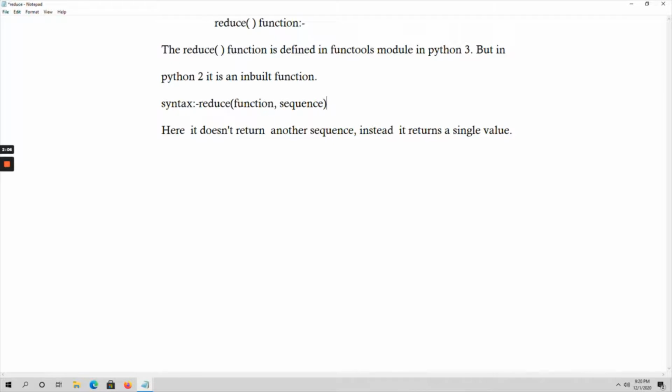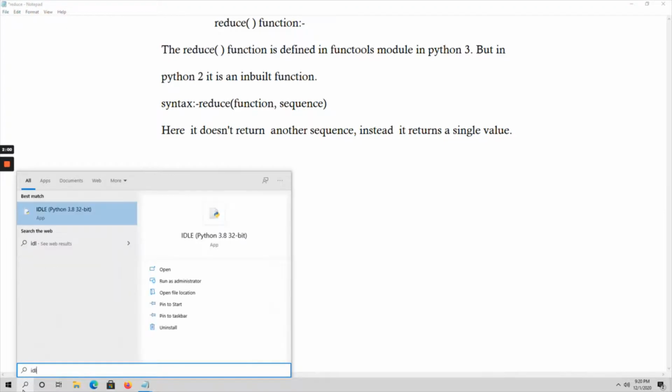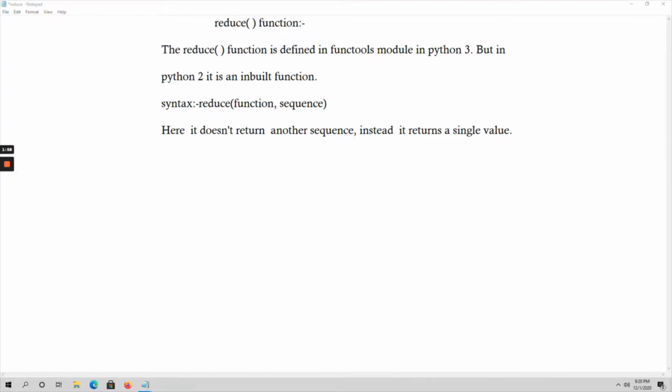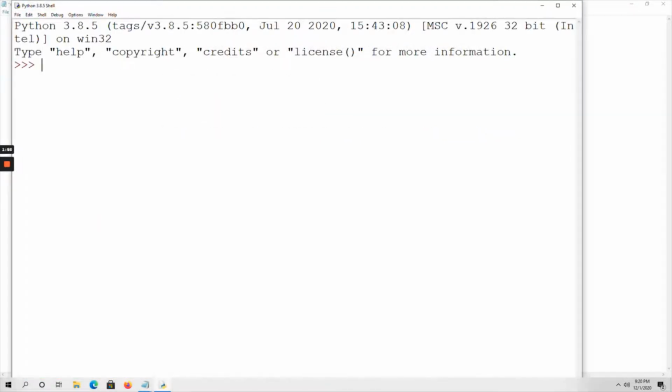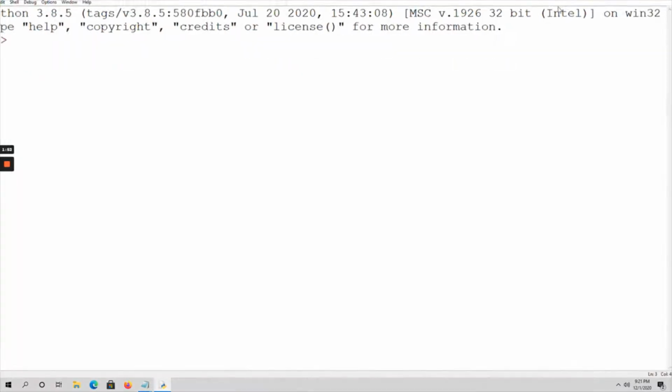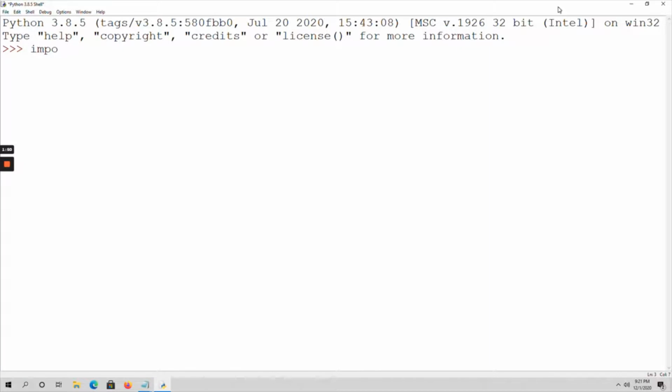Now let me explain this reduce function with an example program. For that, go to Python IDLE. So here, first of all, if you want to work with this reduce function, you have to import the functools module. Next, here I am considering a list.